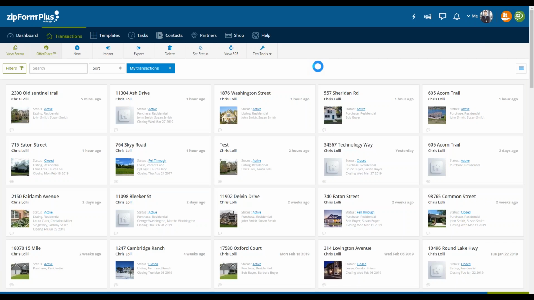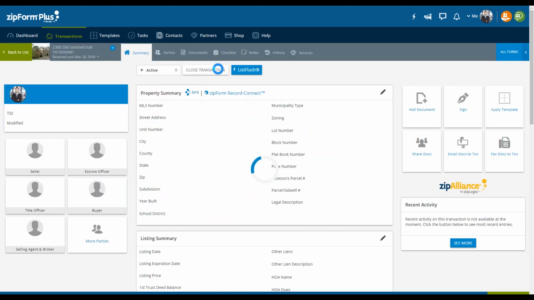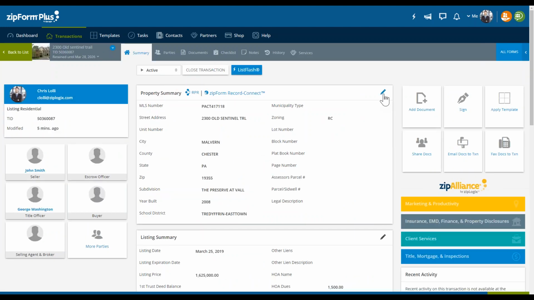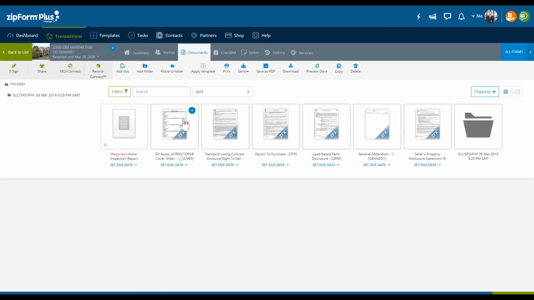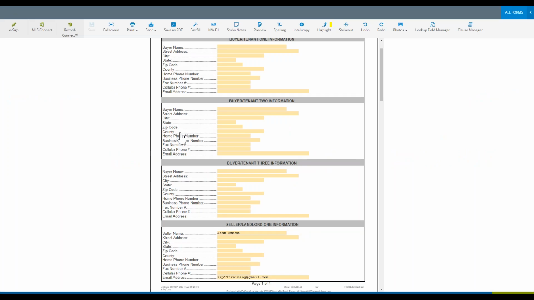Now I want to talk about a couple more of the subtle advanced features. You saw a couple of things that I mentioned before, like the Smarty Streets technology, which helped populate the forms, but you also had something called the Lookup Field Manager. Let me show you what the Lookup Field Manager looks like again, really quickly. In any field that you're populating information into, you're going to be given information in a drop-down.